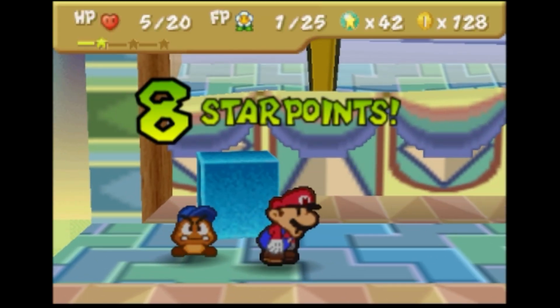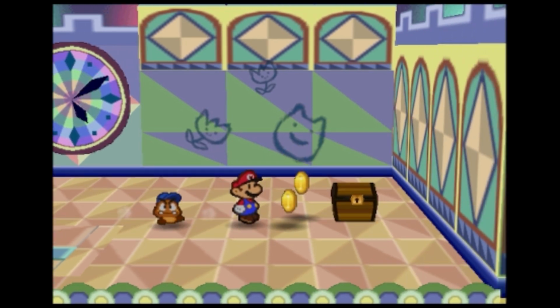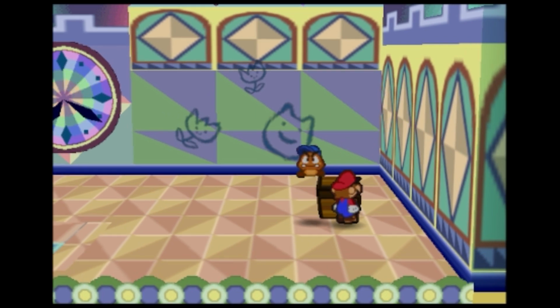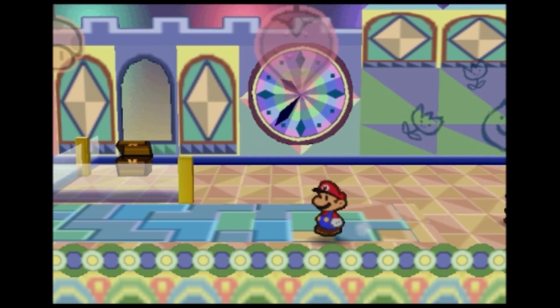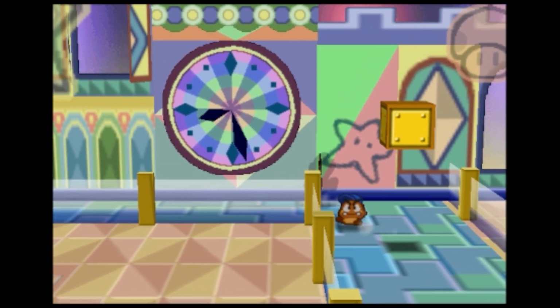I did this so that we could get extra star points in the chapter, because if you just get the items that she tells you can pick from, then you won't be getting any of the star points, which is not as ideal. The Frying Pan, Tasty's Frying Pan. Also required. Or very required, but